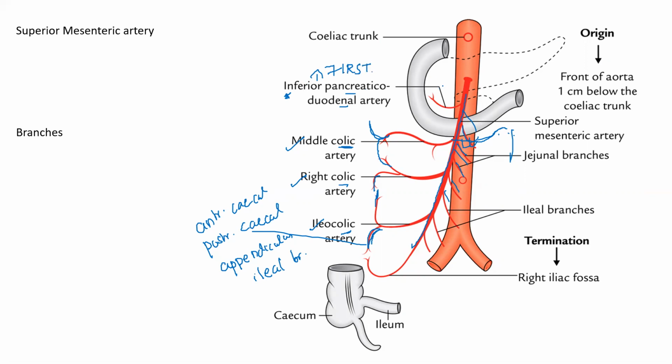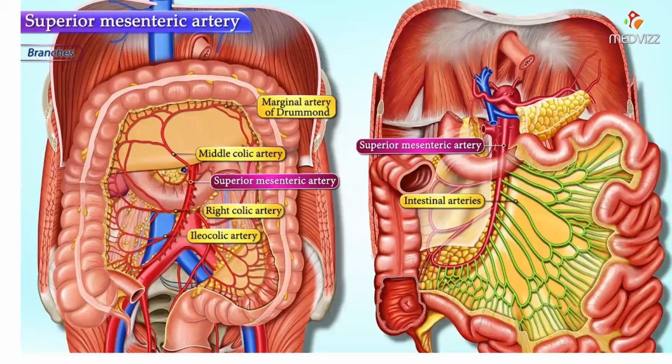So the inferior pancreaticoduodenal artery is the first branch of the superior mesenteric artery that's going to supply the duodenum. It lies in the groove between the pancreas and the duodenum and supplies both. And then the jejunal and ileal branches supply the small intestine. From the concave right aspect, the colic branches supply the large intestine: middle colic, right colic, ileocolic. This is the termination of the superior mesenteric artery anastomosing with the descending branch. The ileocolic artery is going to supply the cecum through two branches, anterior cecal and posterior cecal, then the appendicular artery to supply the appendix, and the ileal branch to supply the terminal aspect of ileum.